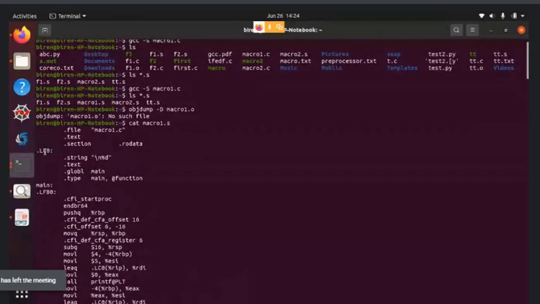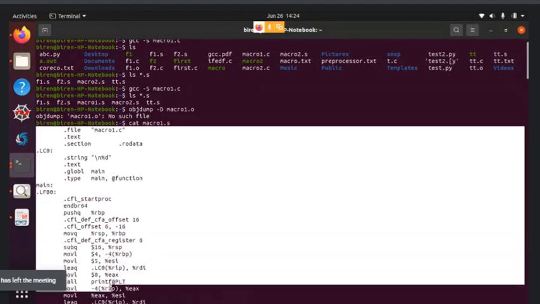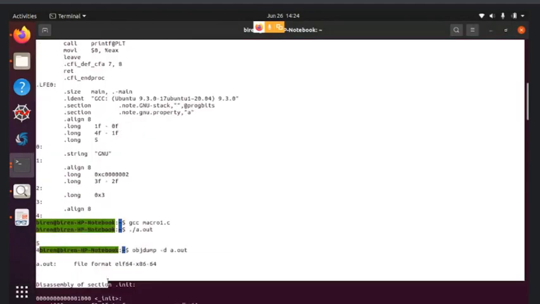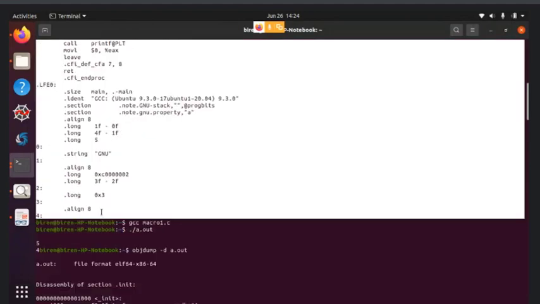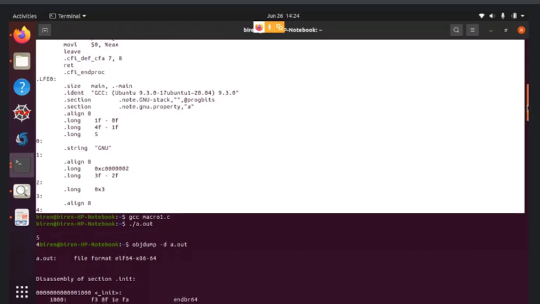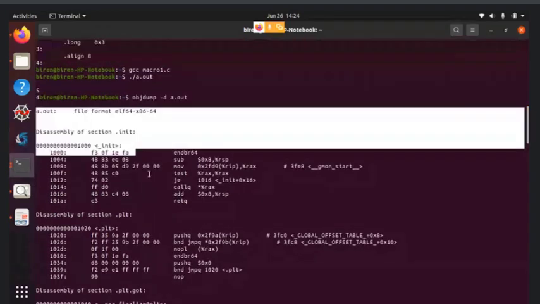Now you are using printf, scanf, these different functions, which are inbuilt. In order to use these functions properly for obtaining output, we need to link the object code of the main user-defined function and the object code of these functions together, and then we can observe the final object code like this.